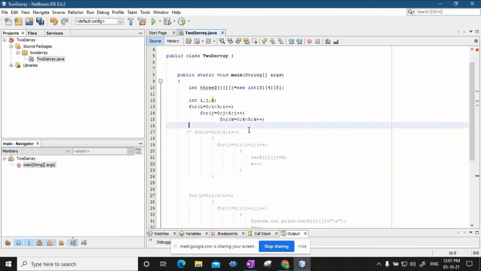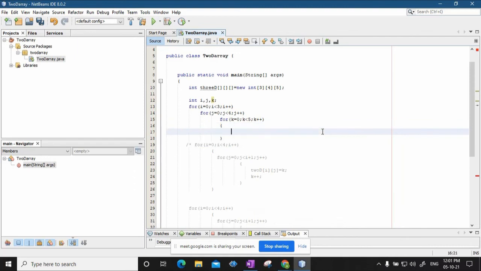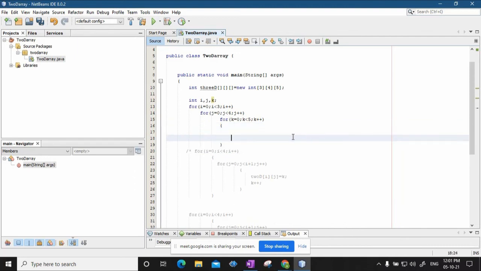Inside this I will write 3D of i j k equal to, let's say, i into j into k.